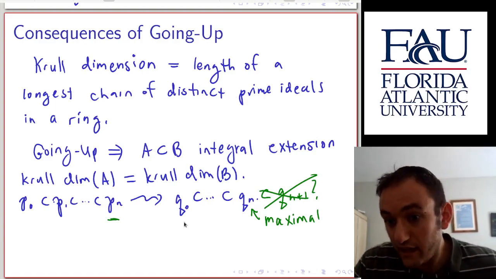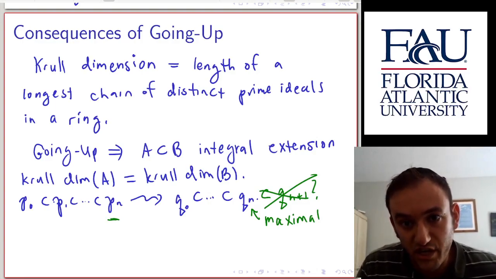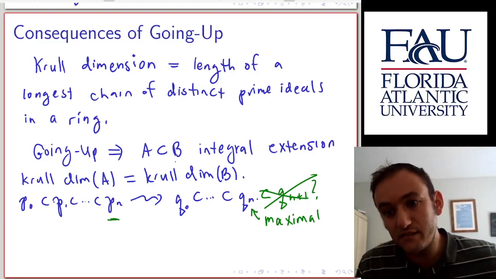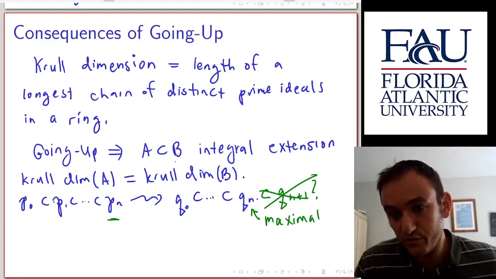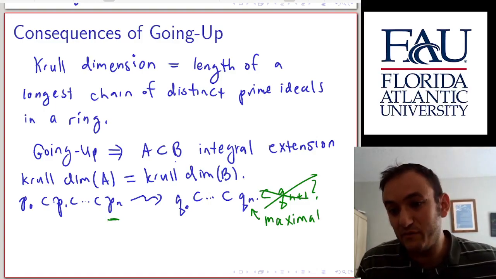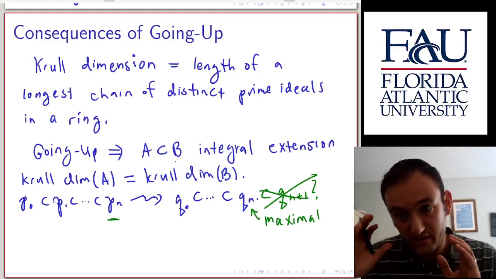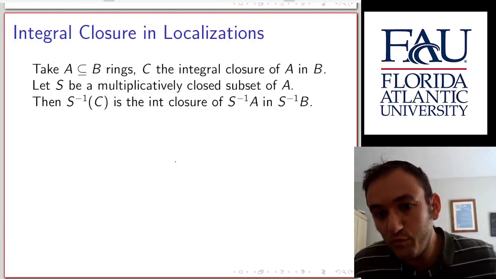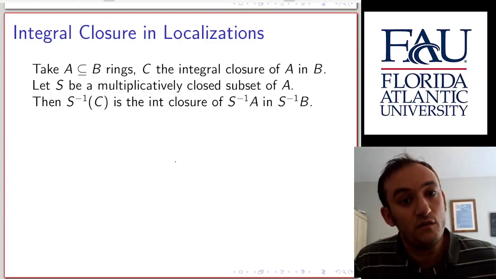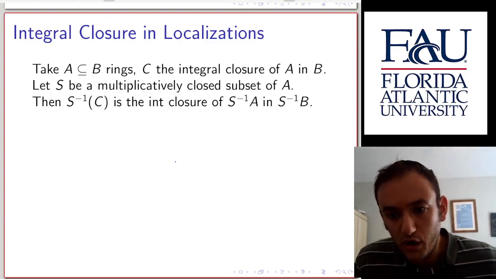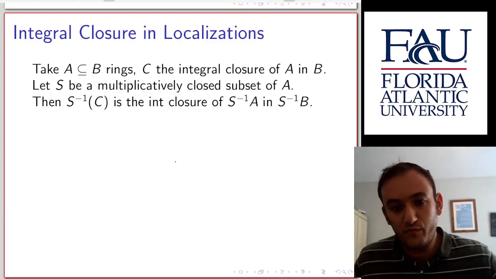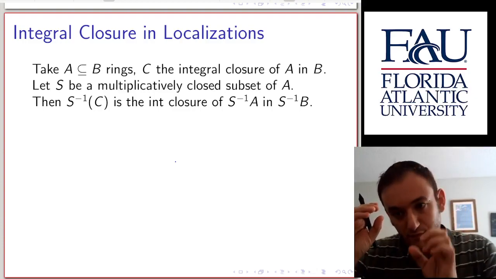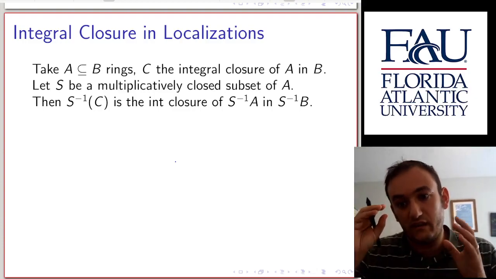So that's a consequence of going up, and in the context of geometry, this tells us that these rings, which are associated to certain varieties, if they have this property of integral extension, will be of the same dimension. So the dimension of these geometric objects will be the same. Okay, now we'll move on to a discussion of going down, which requires a bit more work. Again, that means that we have the bigger prime ideal, and we want to prove that the smaller prime ideal intersects the base ring in the appropriate way.